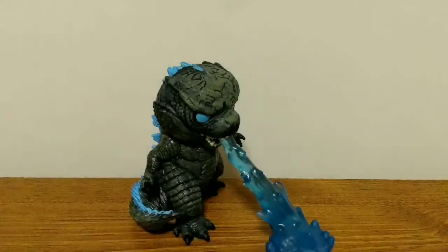So, I'm sure you guys are not surprised. I absolutely adore this figure. I think it's one of the most awesome Godzilla figures that Funko has ever produced, especially for the Monsterverse. And I love that not only do you get an awesome Godzilla figure in a really cool dynamic pose, but